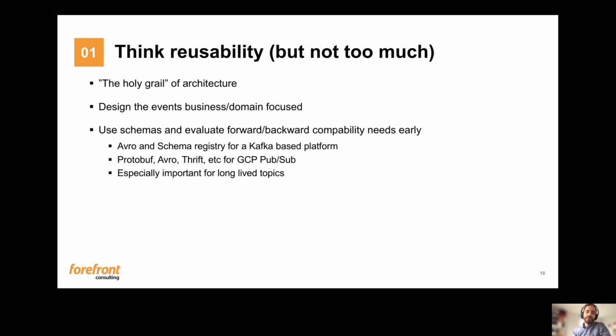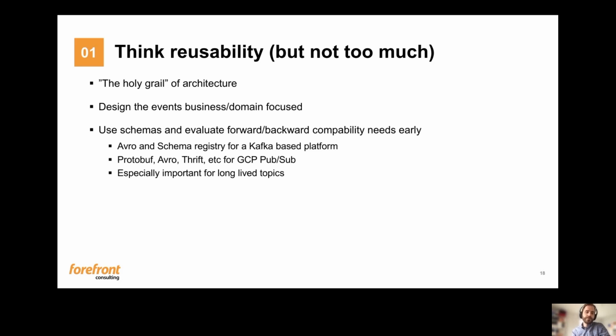And I think the key here is to try to design your events so that they are business or domain focused. So you need to involve the business side when designing, trying to figure out what events are important for the business, what defines the business, and what information or metadata should be put into these events so that it is relevant. And I would recommend using DDD, domain-driven design, or that kind of methodology.